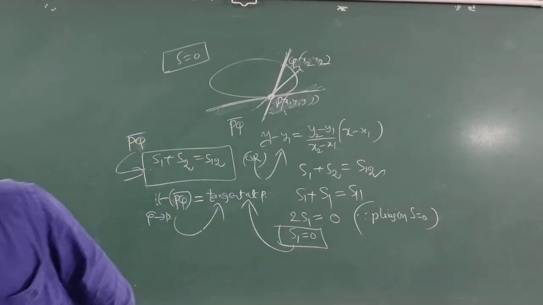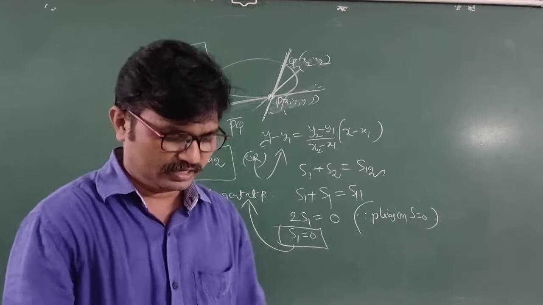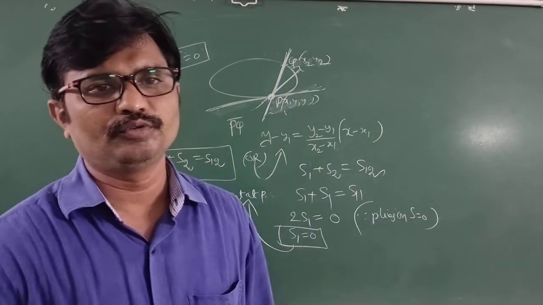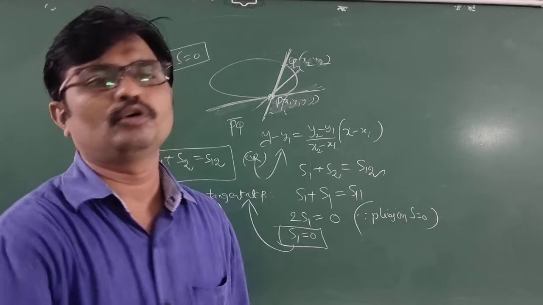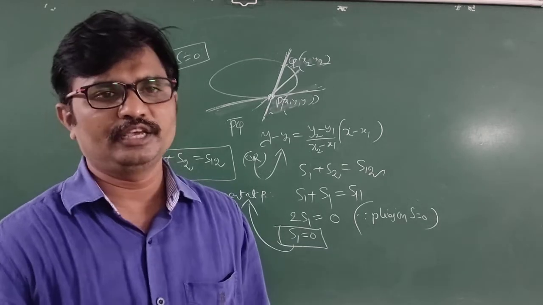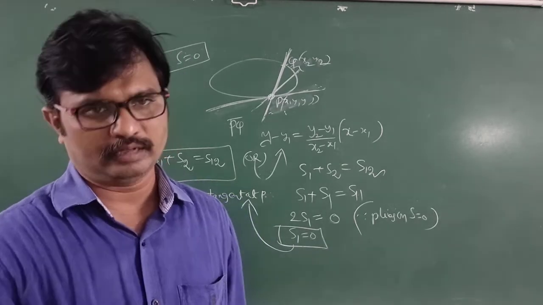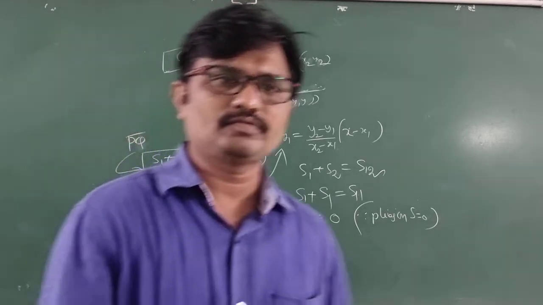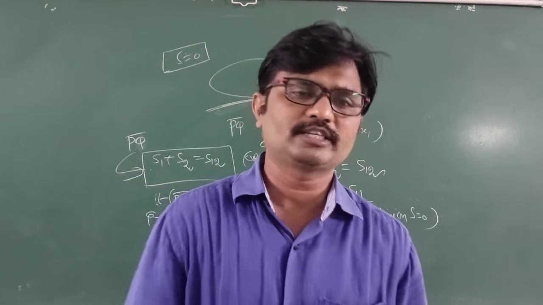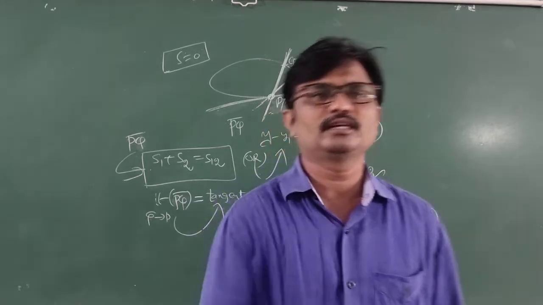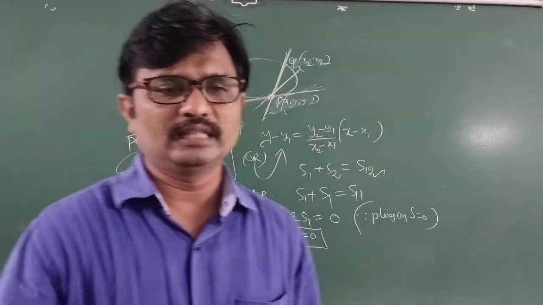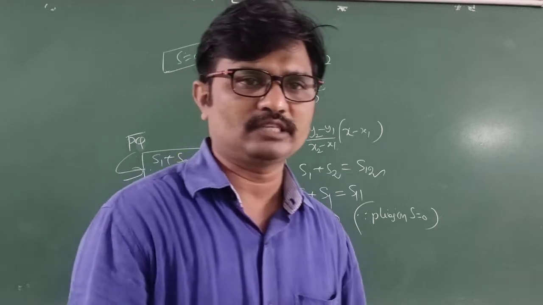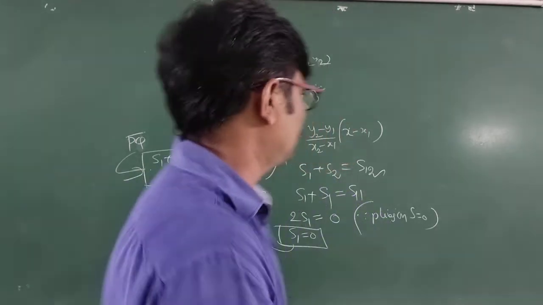We have to know that the equation of the tangent is there in first year. How to prove the tangent? If the slope is m, then the equation of the tangent through x1, y1 having the slope m is y minus y1 equal to m into x minus x1. If you know the slope of the tangent m, then the equation of the normal is y minus y1 equal to minus 1 by m into x minus x1.